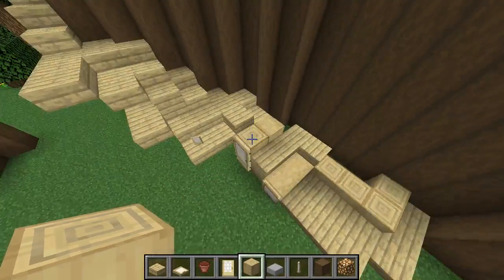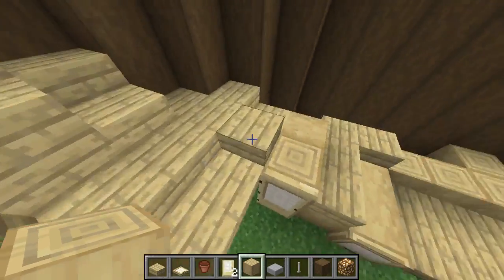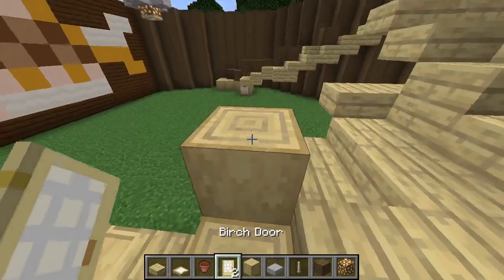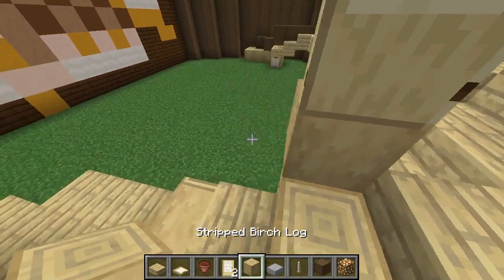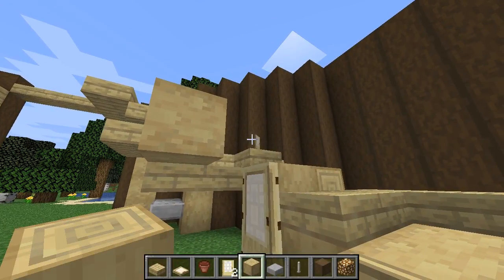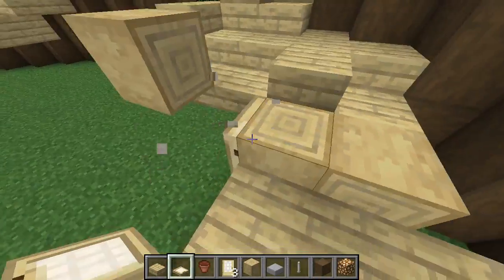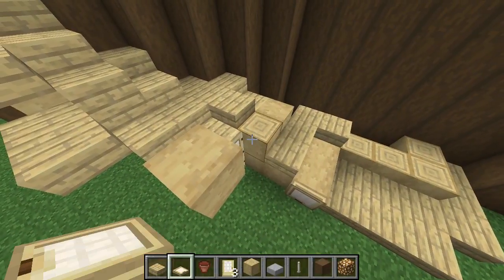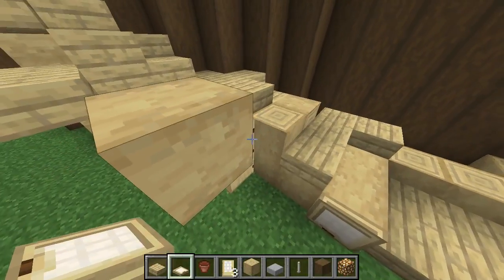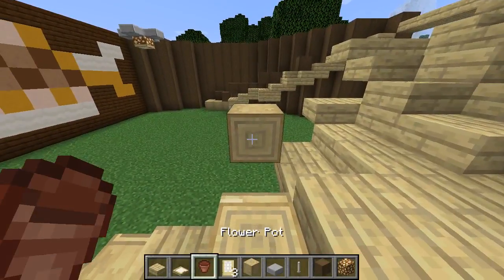Damn it. I think there is a way to do this, right? I could literally put... I never thought about doing this, but this is actually quite a good idea. So then what I would do, I'd put a block here. Yeah, that's the problem. Maybe that isn't possible now I think about it, because it won't go on top of a trapdoor. I can get this thing on, but